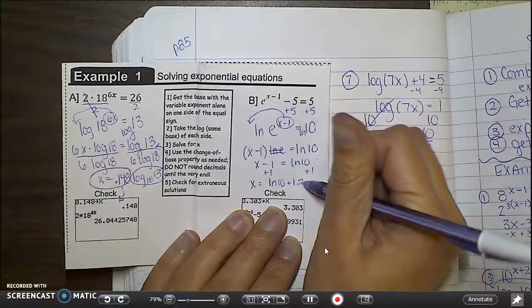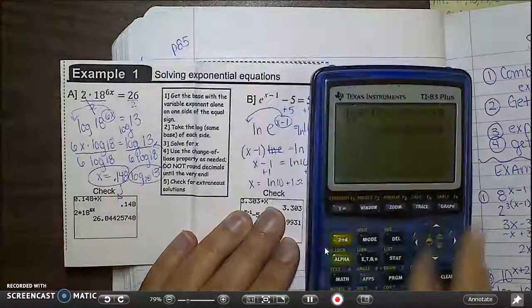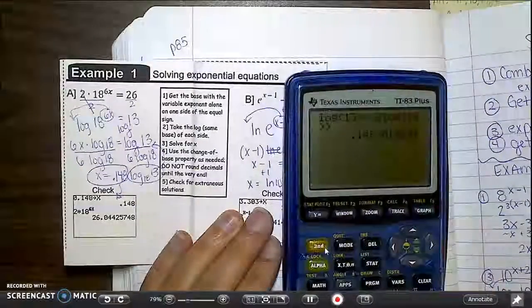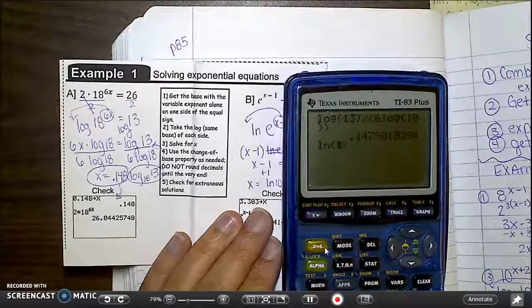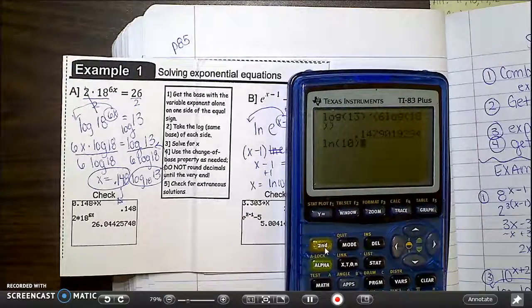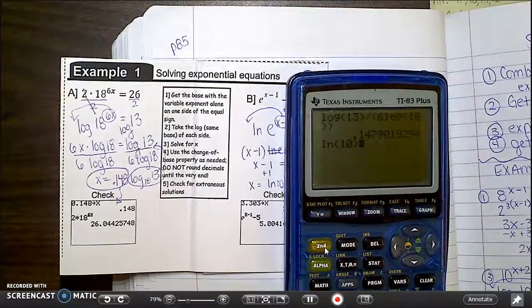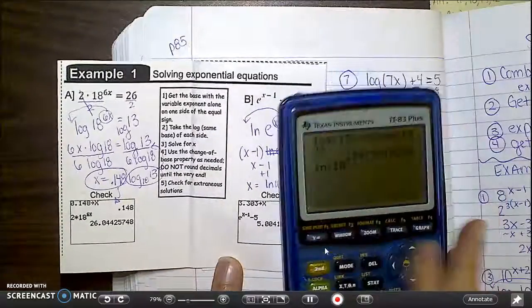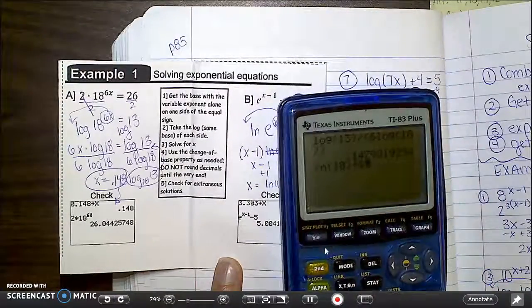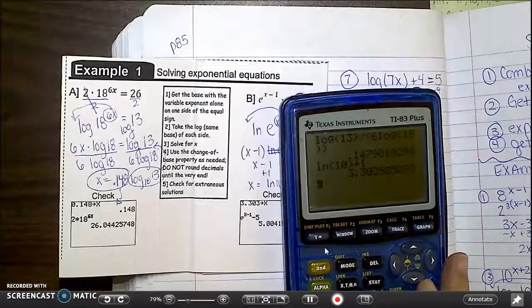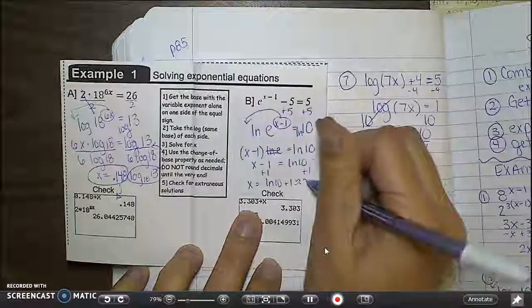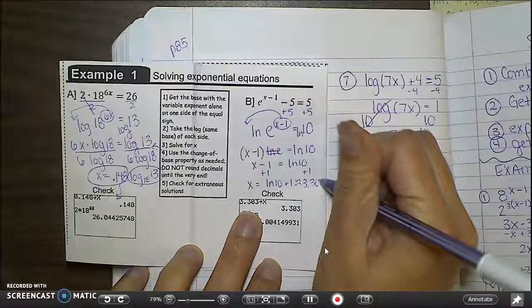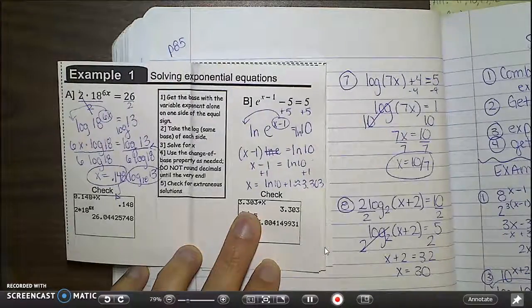So now I need to type this into my calculator. So natural log is a button that we have on here. So natural log of 10, end your parenthesis, and then, what is it, minus 1? No, plus 1. So 3.303, which is what it said, 3.303. Okay, so then